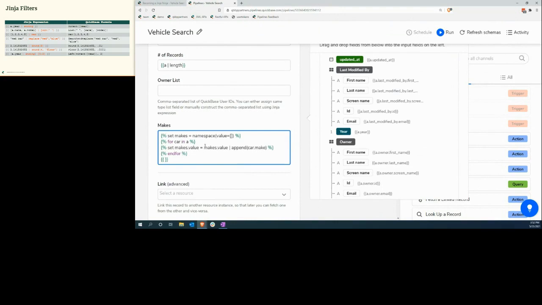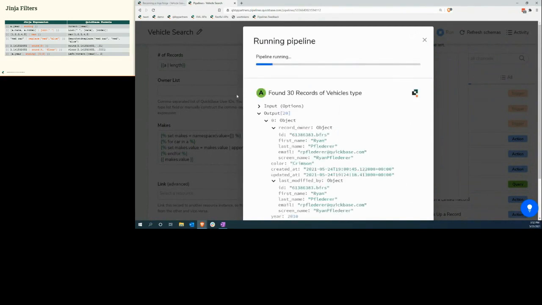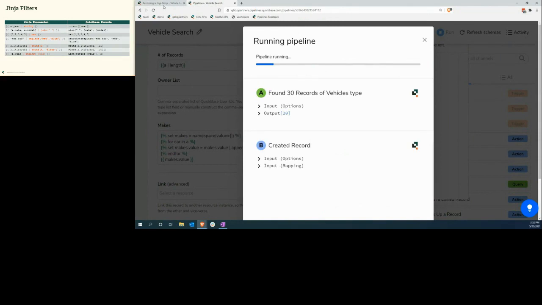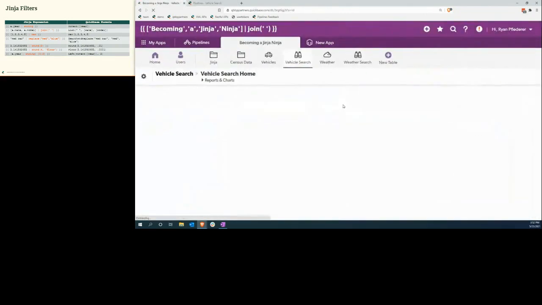Well, once we step out of that for loop, we've got an array of values. And if we just left it as makes.value, we could print this value. And you know what? We're going to do just that. I'm going to go ahead and run this just so we can see what this looks like. Great. We've got that record created. When I refresh this page,